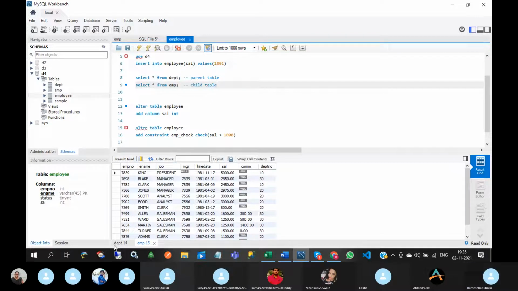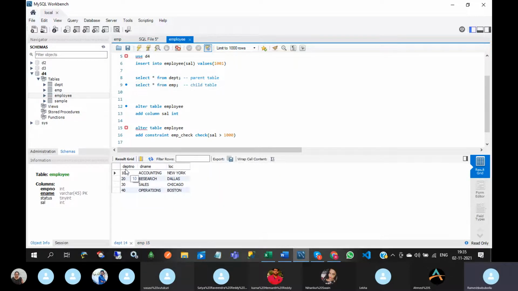If we want to make a primary key and foreign key relationship between these two tables, first we have to observe which is the common column. Department number is the common column. So in the parent table we make department number the primary key, and in the child table we make department number the foreign key.